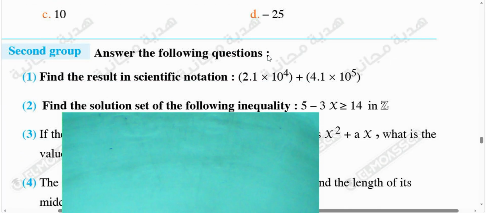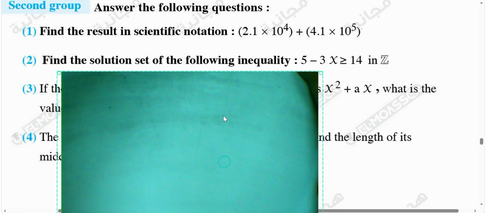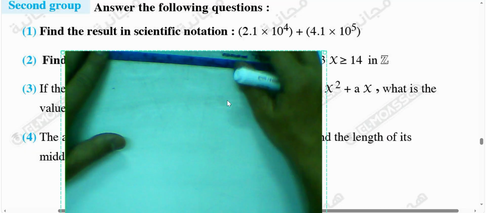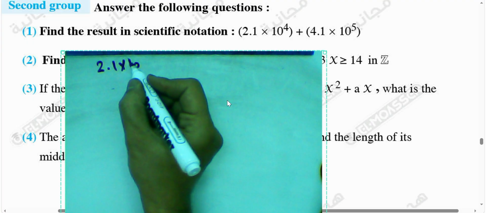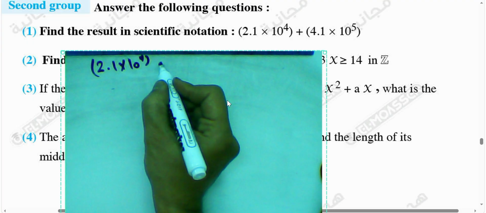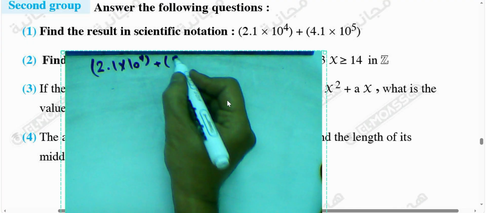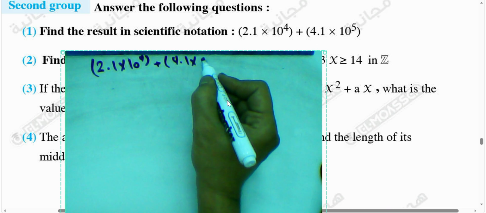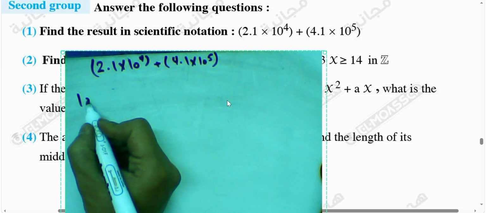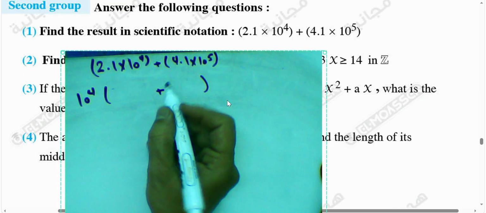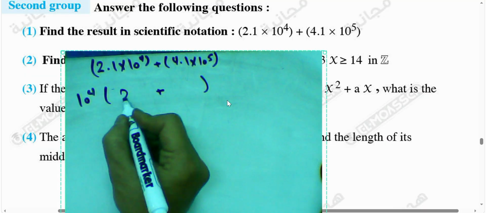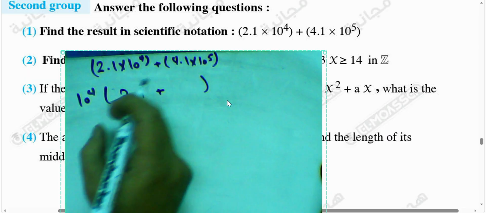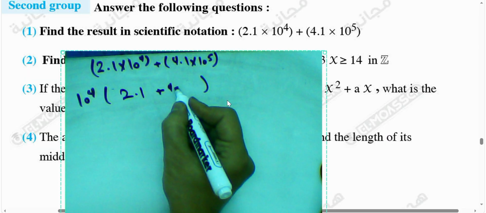Next example here. Find the result of the scientific notation. Okay, first step. We have addition between two scientific notation. You must write the common factor between the two numbers first, 10 power 4 outside. Divide the first number by 10 power 4, it will be 2.1, and the second divided by 10 power 4 equals 4.1 product